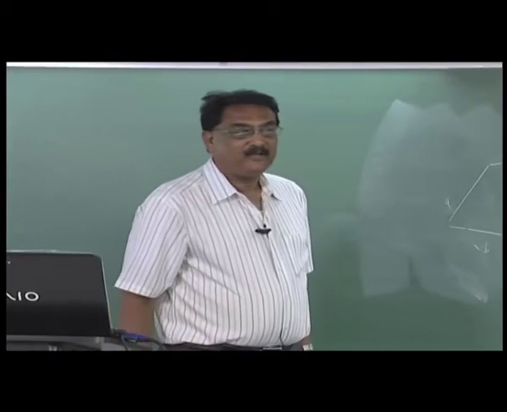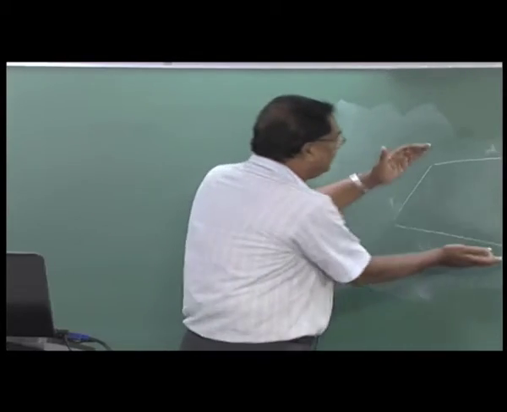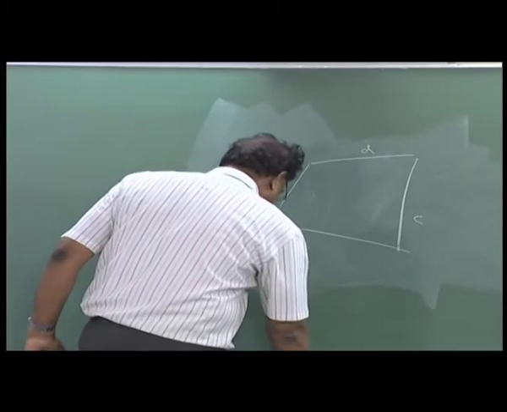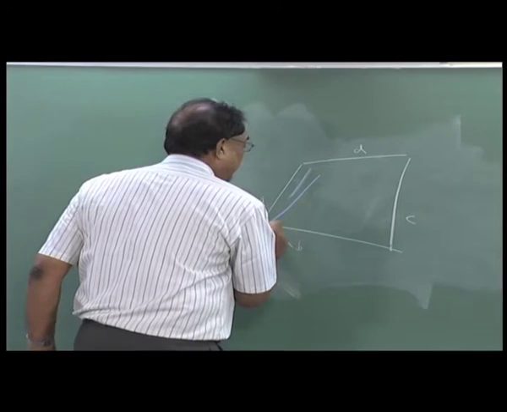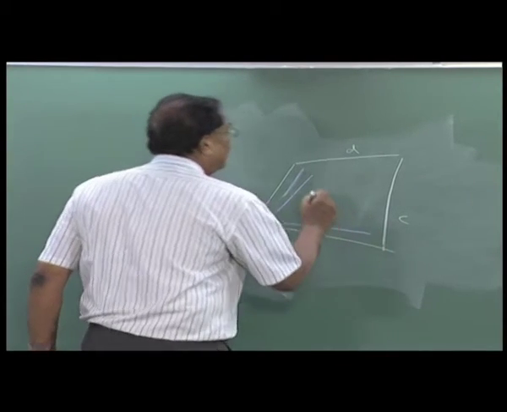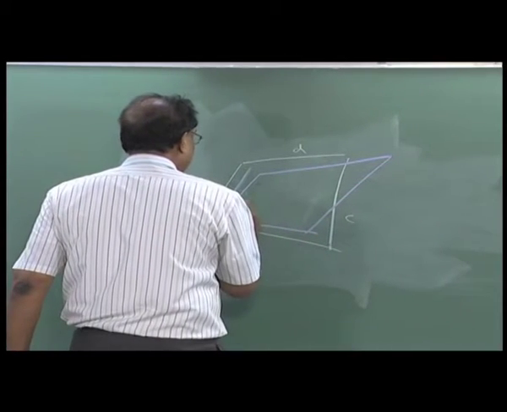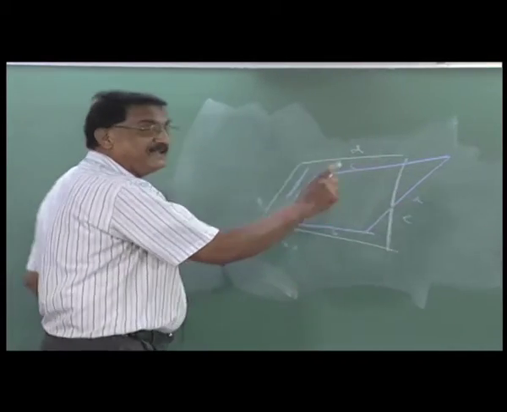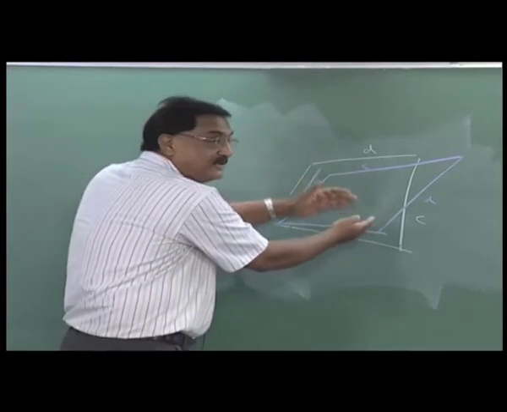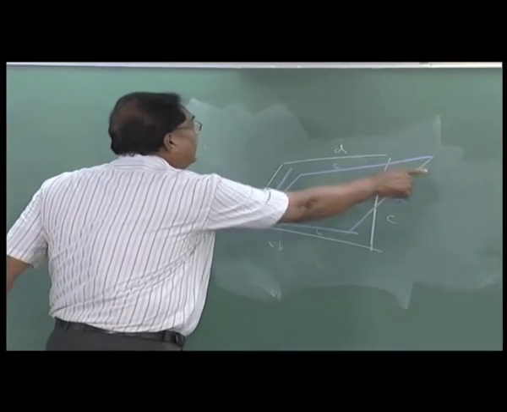But he is saying that with the same sides you can construct other quadrilaterals. Say for instance, these can come closer. So let us say A, and then D, C. So this is also A, B, C, D. Here the diagonal is longer and this diagonal is shorter, so this angle is increasing and these angles are decreasing. That is what he is trying to say.